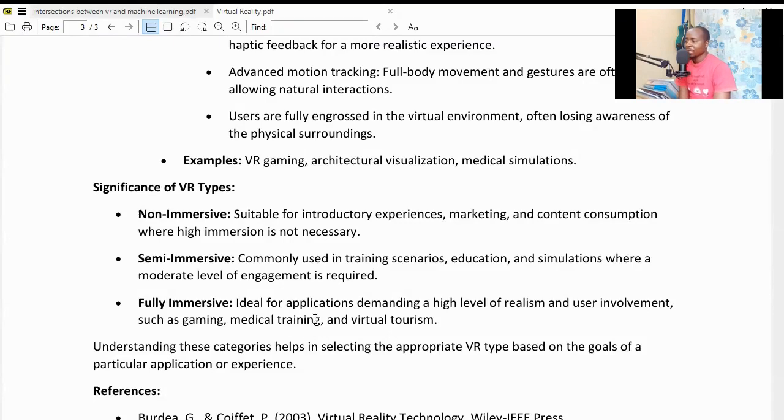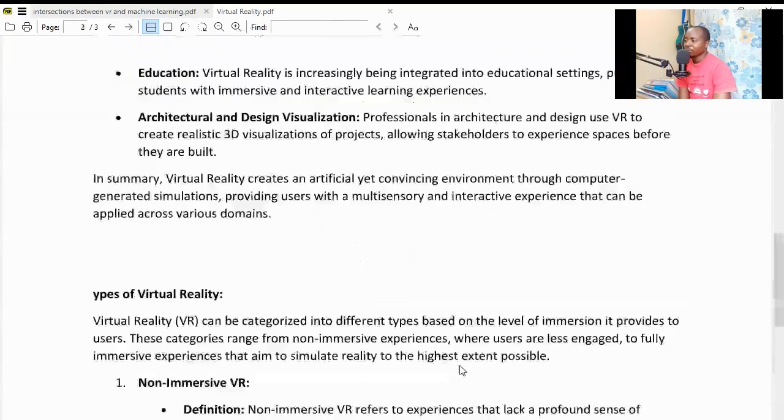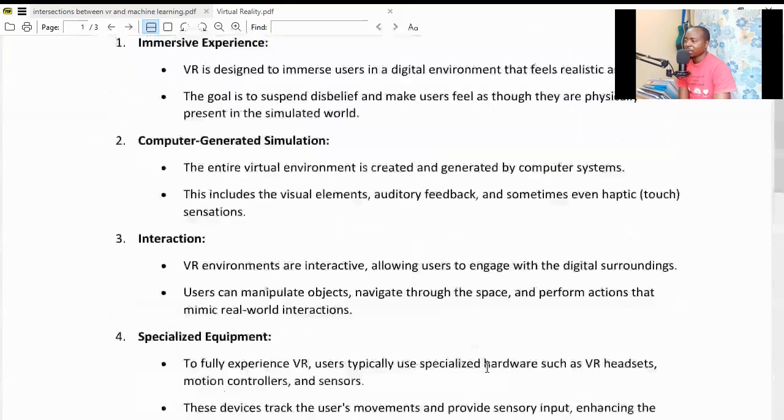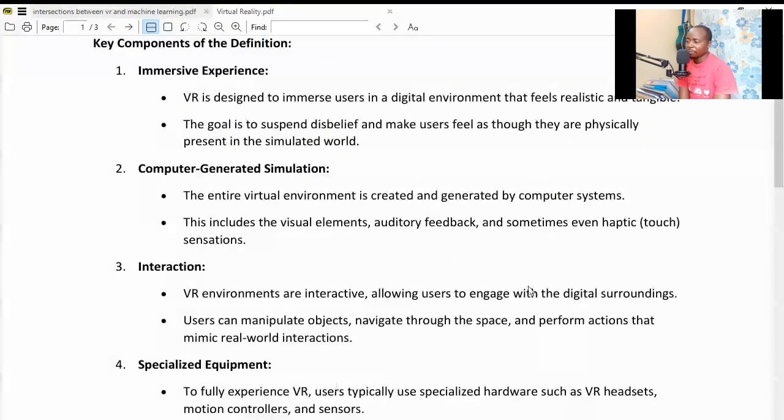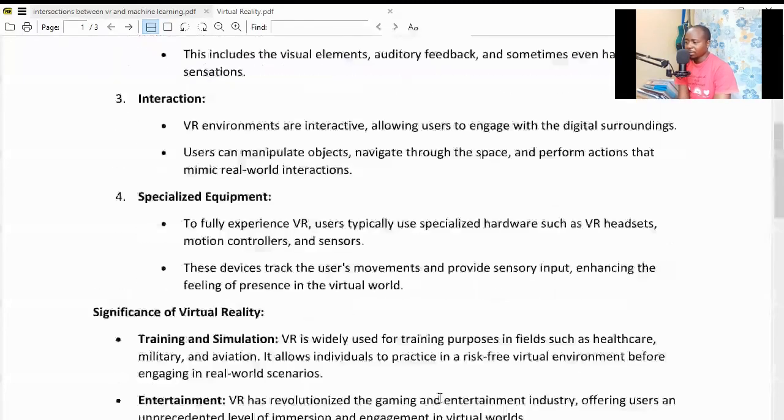So that is a bit of the introduction to virtual reality as it is. So next time we'll look at a different topic, but I think this